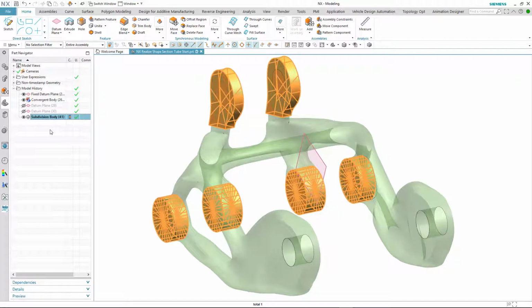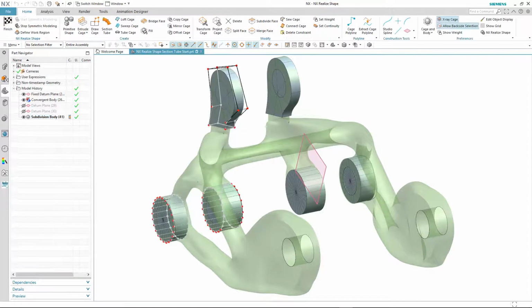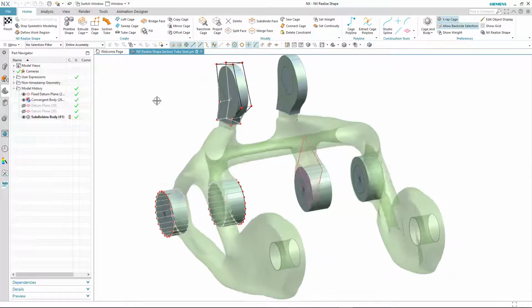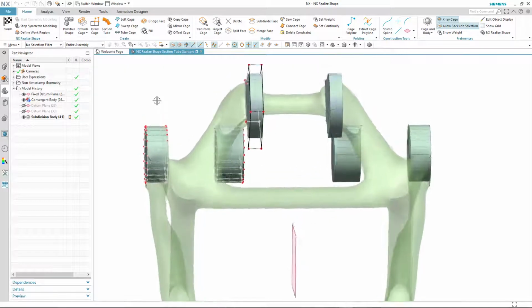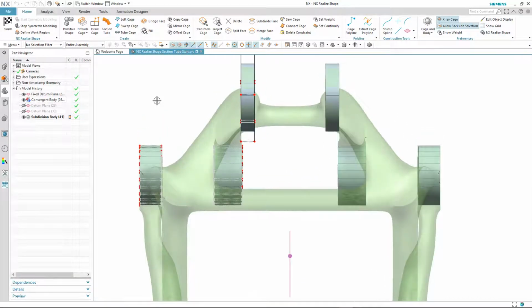We have a subdivision body which is made up of 4 key location areas for this particular component. So we'll continue the process by editing the current subdivision body. Notice that as this part is symmetrical, we've already initiated symmetric modeling, which means we only have to modify the 1/2. I'm going to continue my reconstruction by looking at the 2 areas that connect the 2 symmetric sides of